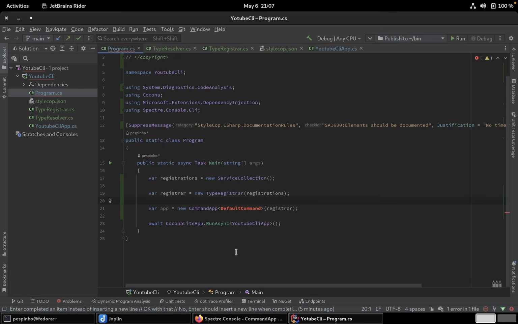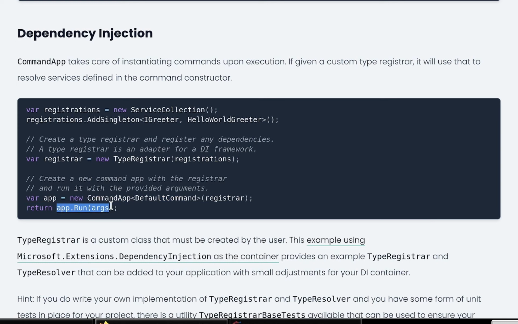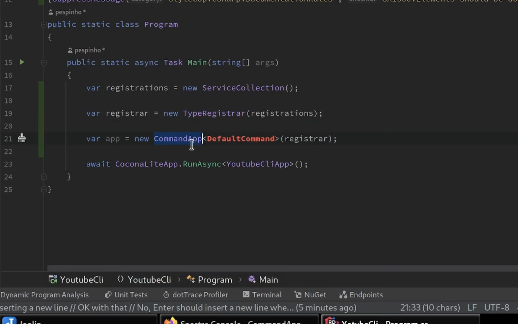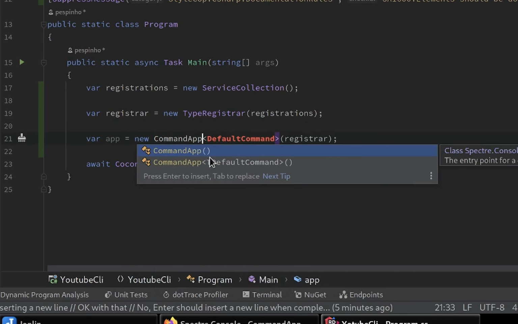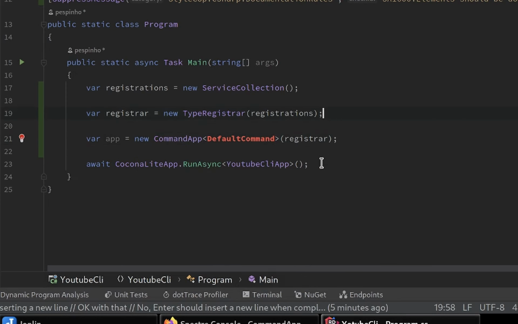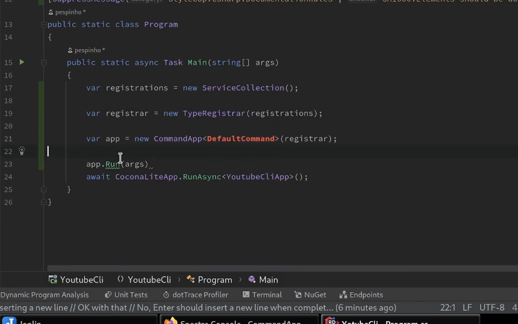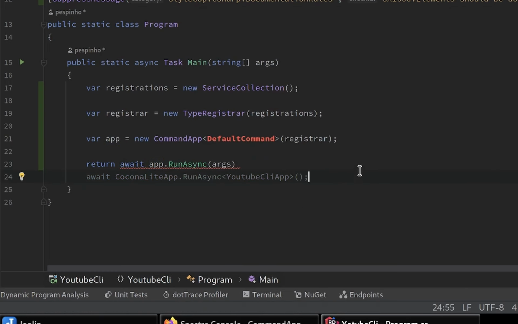And after initializing the app with the command, we need to run the app with return app run. And I hope there is something like async something. So let me make a command app. I think the command app is like this, and then we have a return run, but we also have a return run async, and then I hope you can just return await app async. Okay,